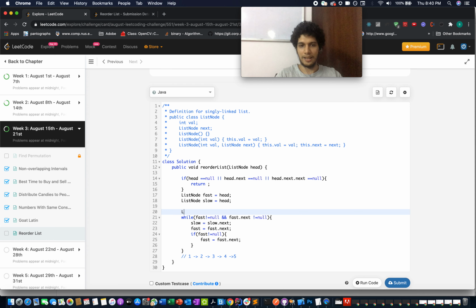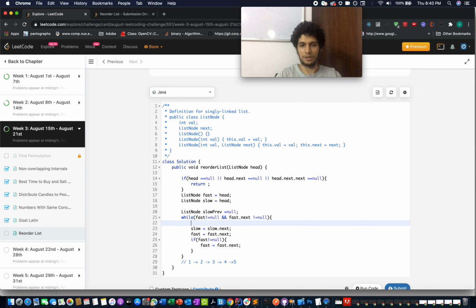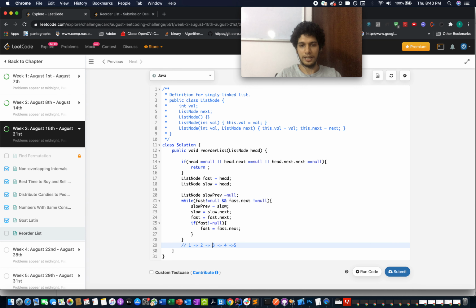So we'll need another pointer named slow prev, which will point to the previous node just before the slow pointer. So slow prev equals slow, and now you will break it into two parts.